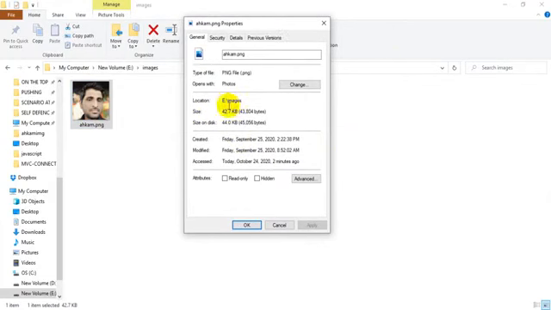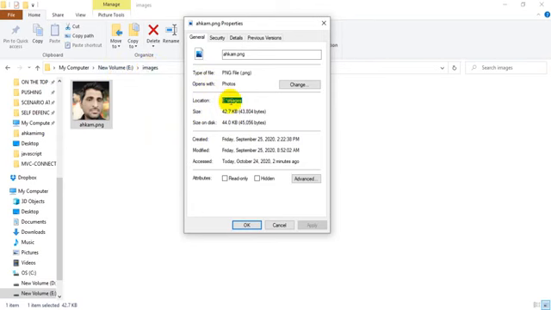Then copy the location. This is your location, it's an address. E images, means in the E drive, in images.